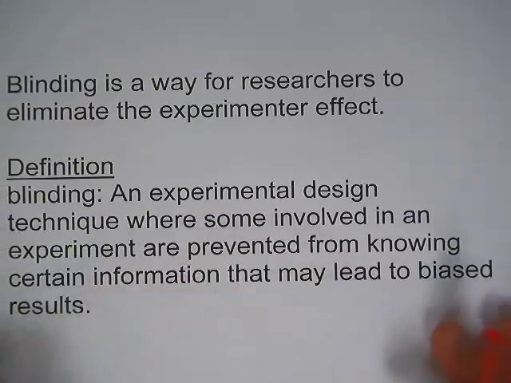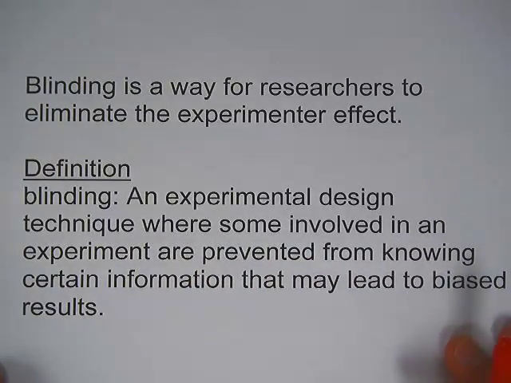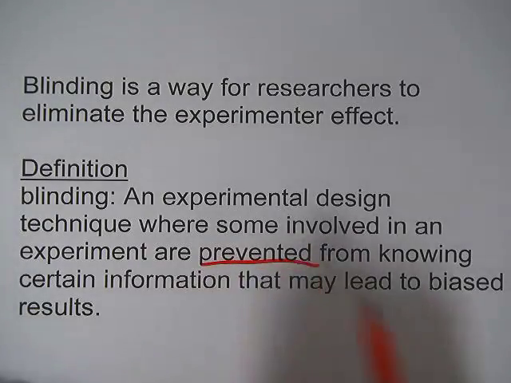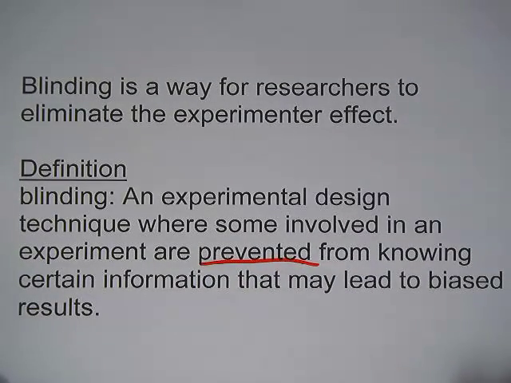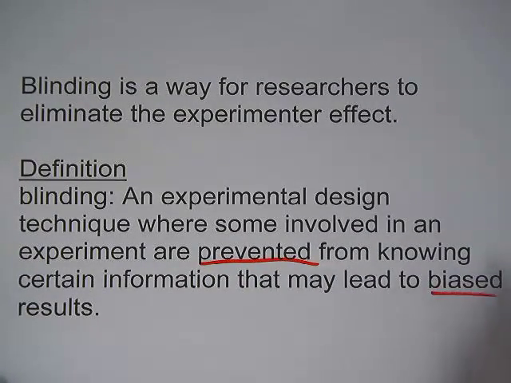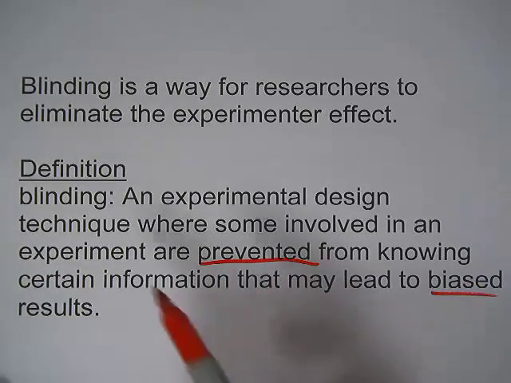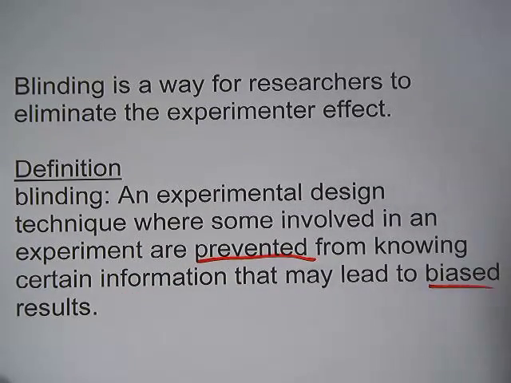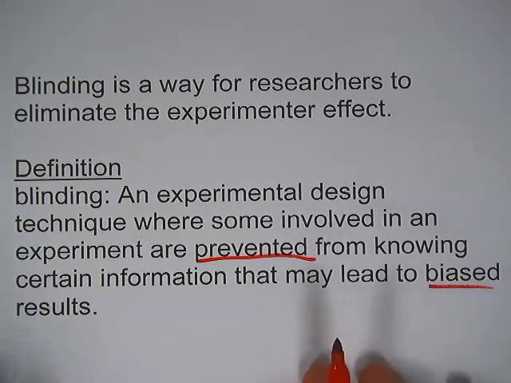So, blinding is a way for researchers to eliminate the experimenter effect. So let's define blinding. Blinding is an experimental design technique where some involved in the experiment are prevented from knowing certain information that may lead to biased results. Okay, so we're going to prevent either the evaluator or the participant from knowing certain information that might come up